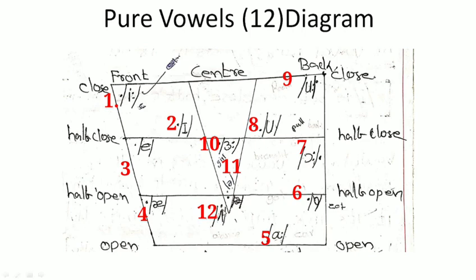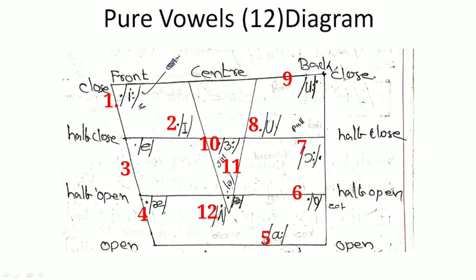We will describe it in the coming video. Next is the vowel below the half close position and above the half open position, and next is the vowel as in man. Then this comes below the half open position, and these are front vowels. These three vowels are center vowels. We will come to them later.